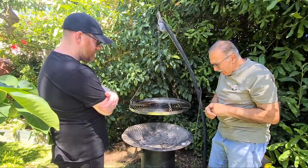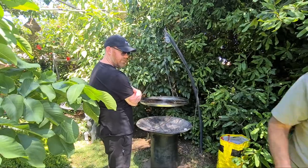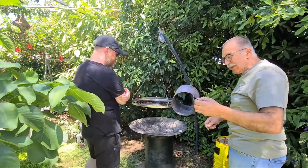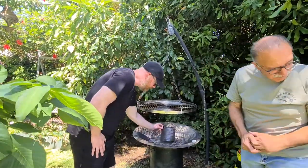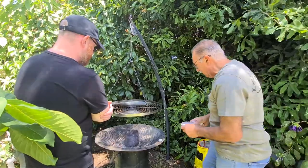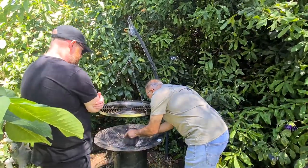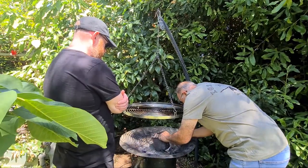So to light it, I use my little trusty chimney here. It's a 2-litre tomato can with some holes on the bottom, so it works like a furnace. I then put a little piece of paper here like that, and maybe one of these burners here,